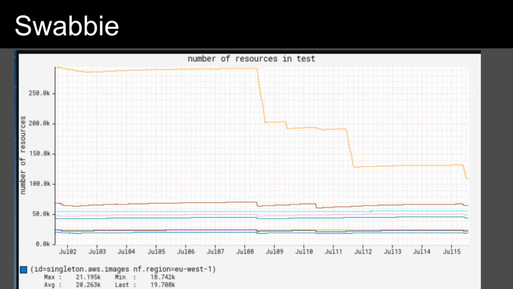I thought I had to throw this one in here. So this is a graph of images, AMIs that were deleted in a test account at Netflix. You notice the dip. What happens here is Swabbie. So we went from over